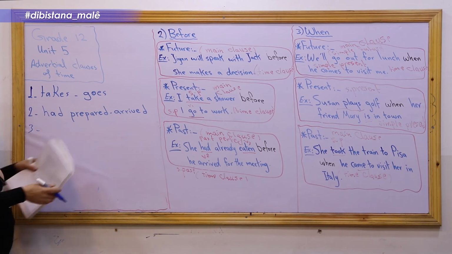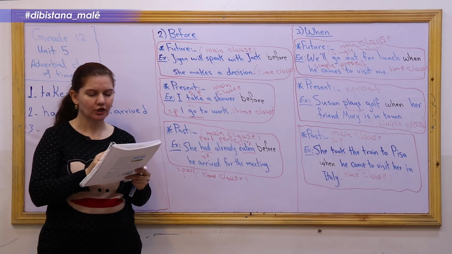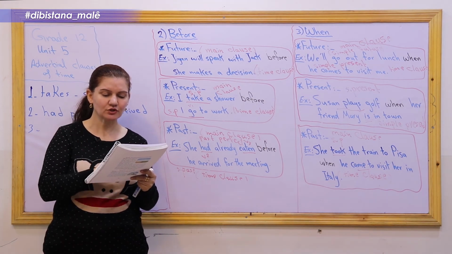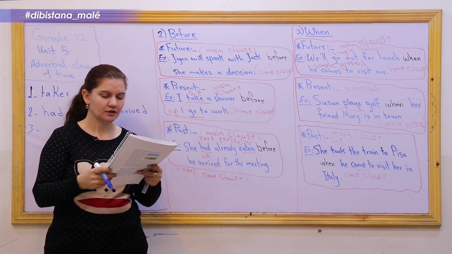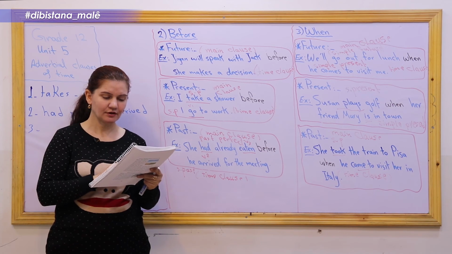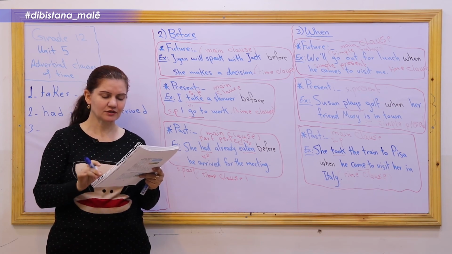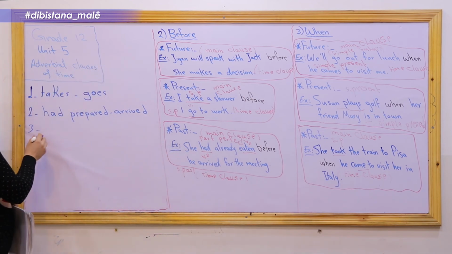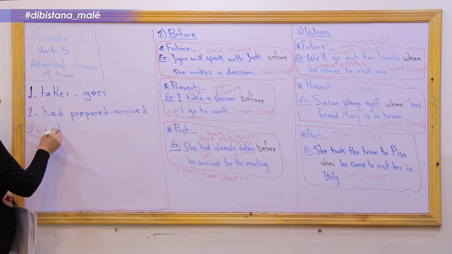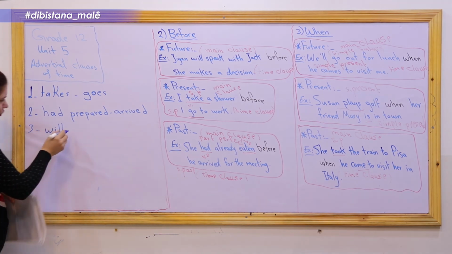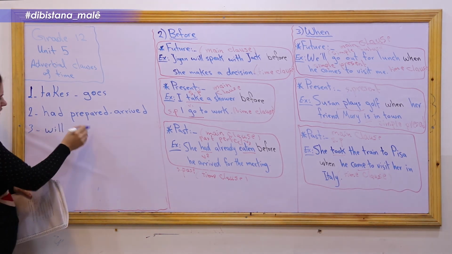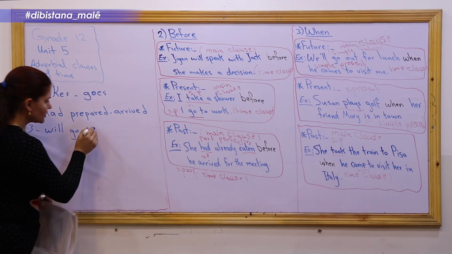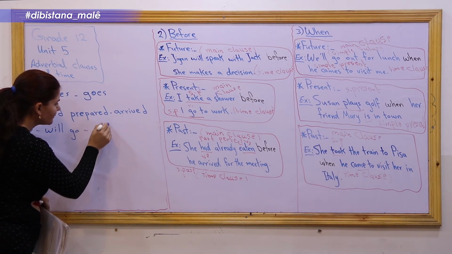Number 3: We go out for drinks after we get to the hotel next Tuesday. So here we have the time expression after. The main clause should be in the simple future: will go. And then the time clause should be in the simple present: